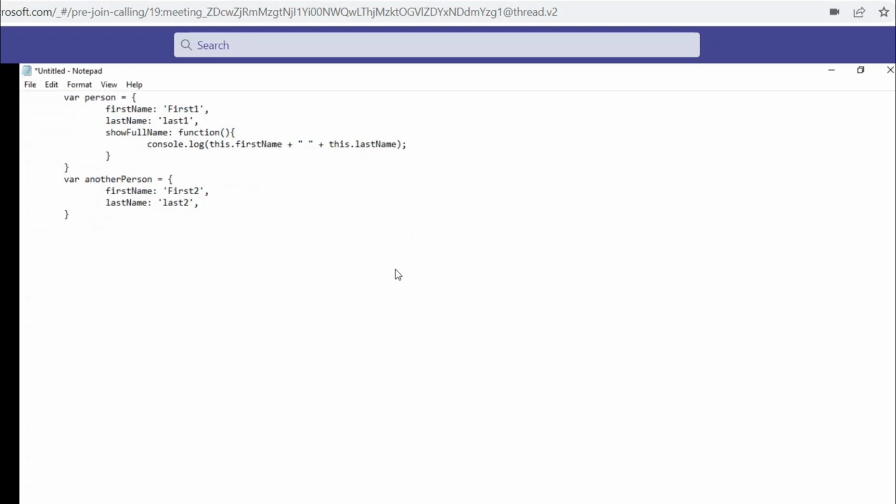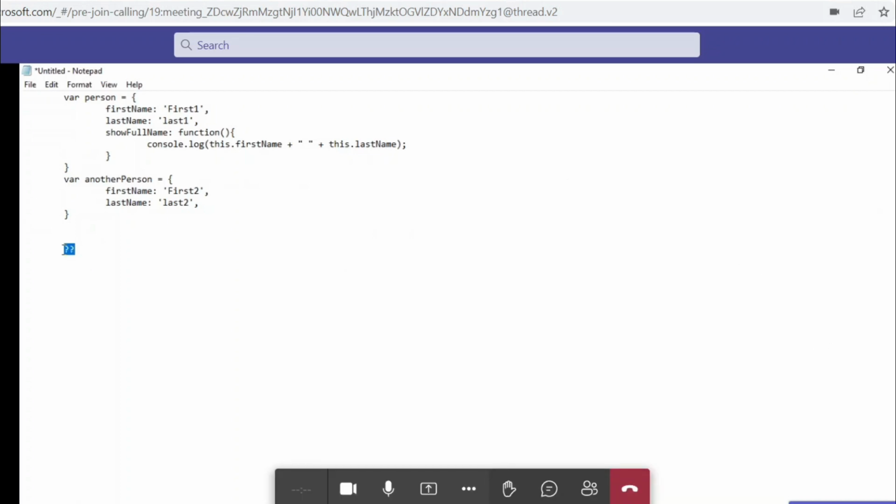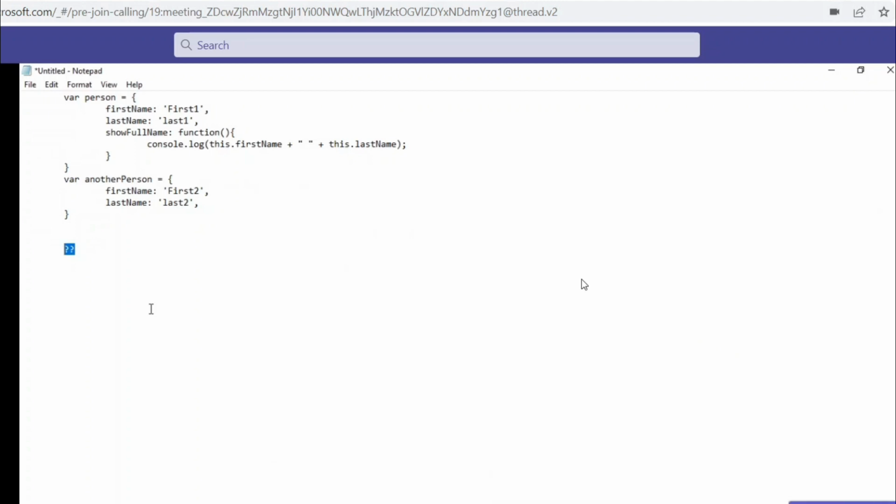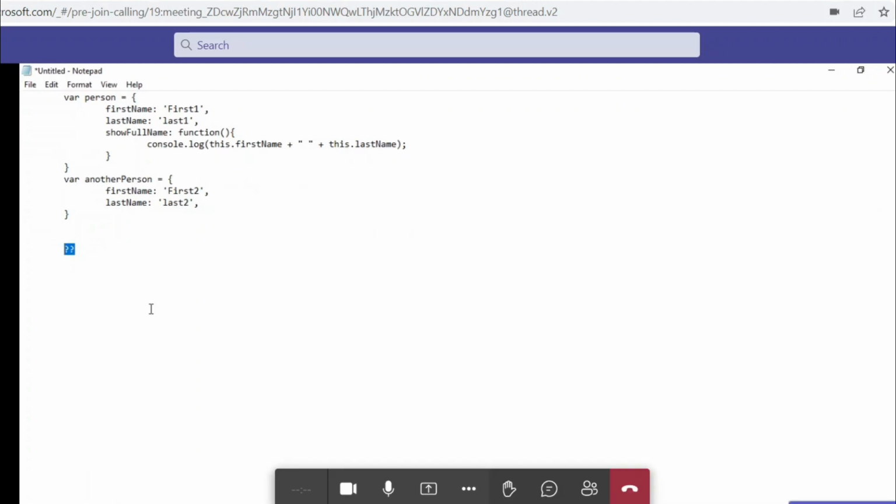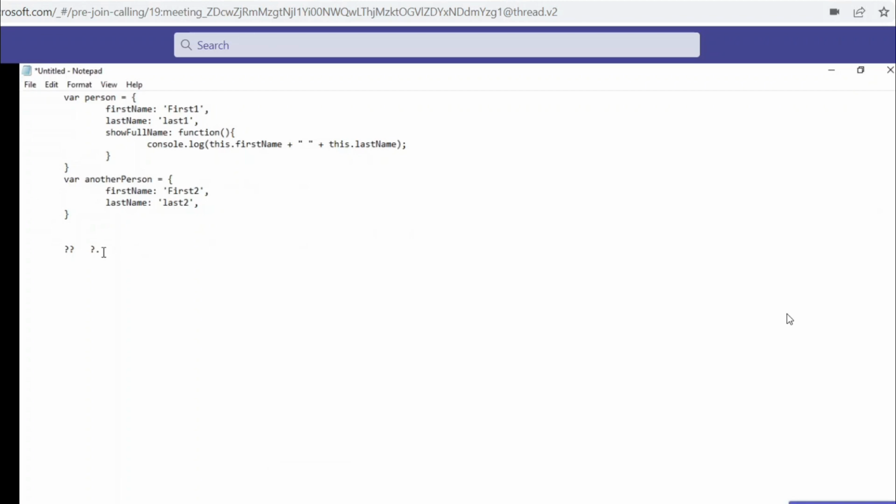Okay, no problem. Do you know this syntax in JavaScript, with the double question mark, or either of the other two? The second one I know, I can explain it.